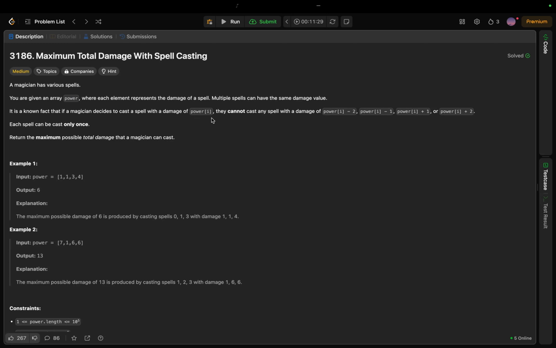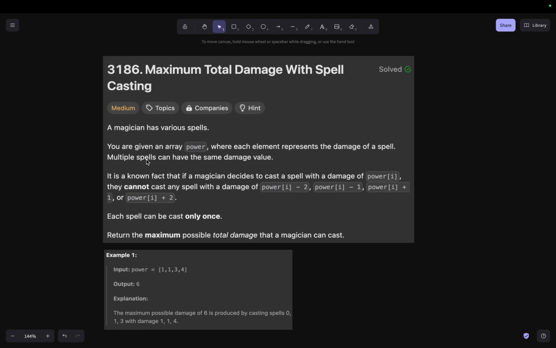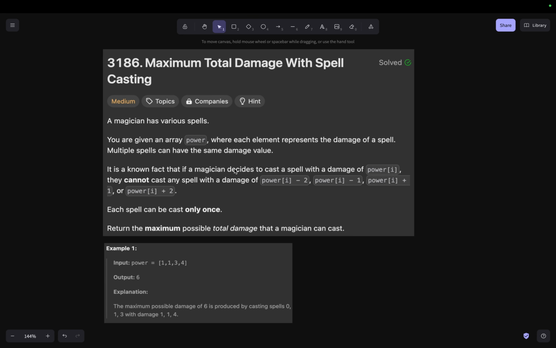Hi everyone, so for today's video we are going to solve LeetCode problem number 3186, maximum total damage with spell casting. Okay, so we are given an array called power where each element represents the damage of a spell, where there could be multiple spells that have the same damage value, and we need to decide which spells to